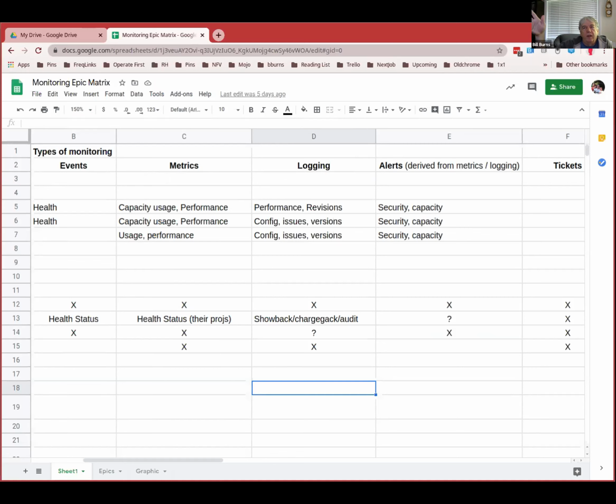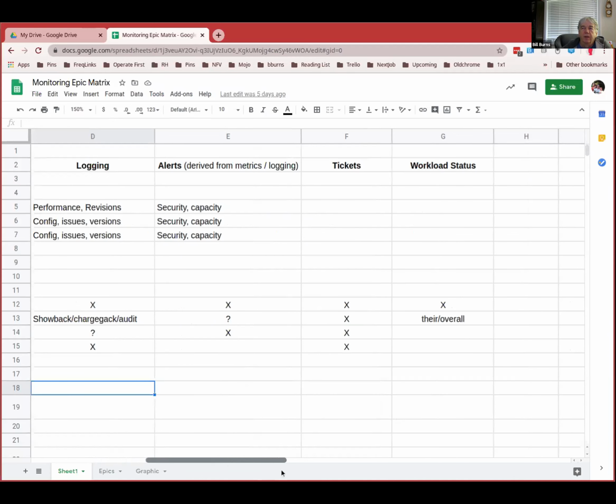To me, alerts are generated out of the metrics and the logging by harvesting data out of there, where events are more tied to a low-level hardware or platform error condition. We have tickets too, problem reports against the cloud, which are valuable input. And then workload status, which is what the consumer of the cloud needs.